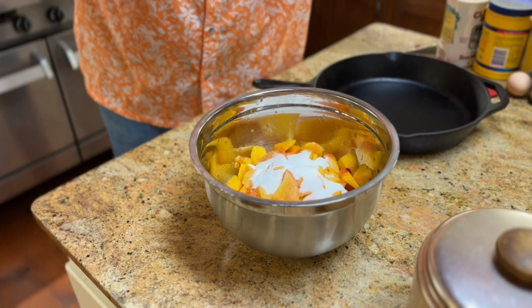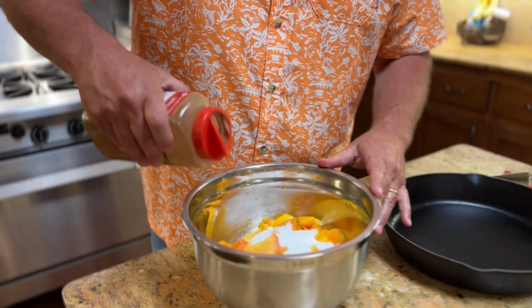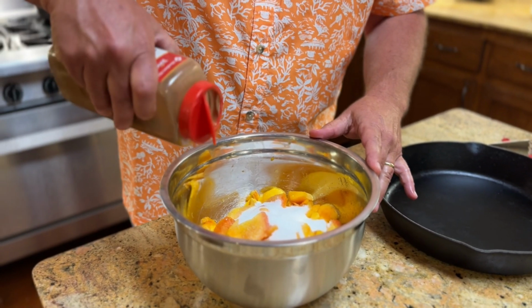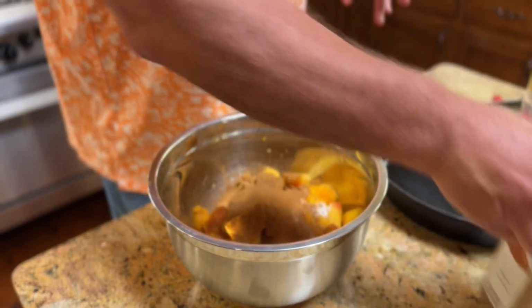And we're going to put some, of course, cinnamon in it. We got to have cinnamon. I'm not a big fan of measuring my cinnamon, so probably let's do a couple tablespoons of cinnamon. And we're going to put some